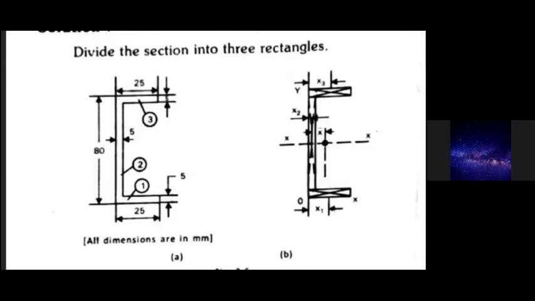It's a uniform channel, and this is also a composite section, and we have to find the centroid of this C section. First you have to observe whether the given section is symmetrical about any axis. Here the given section is symmetrical about the x-axis. So we have to find only the x component of the centroid of this composite section. Its y component lies on its center axis only.